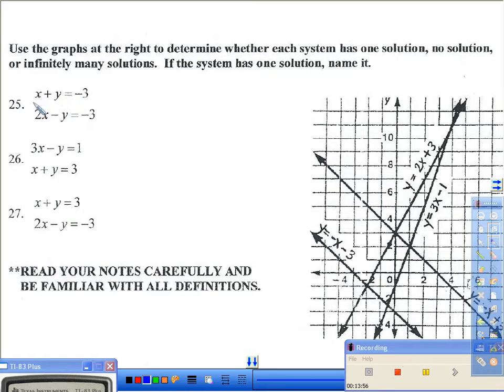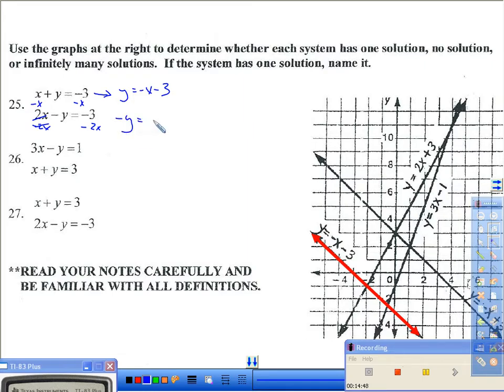The difference is in the way that it's labeled over here and here is that this equation is not already solved for y. So let's solve that for y by subtracting x from both sides, which is going to give us the equation y equals negative x minus 3. Well, if I find that line, I'm going to highlight it in red over here. The equation y equals negative x minus 3 is right here. What we're wanting to do is to now find the second line that we're given in this problem. So I need to solve for y, so minus 2x to where these cancel. That's going to give us